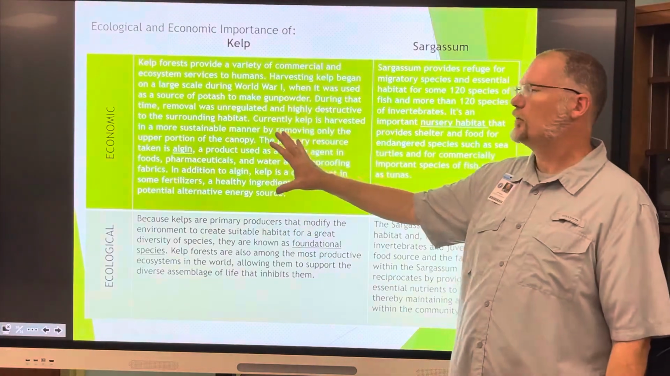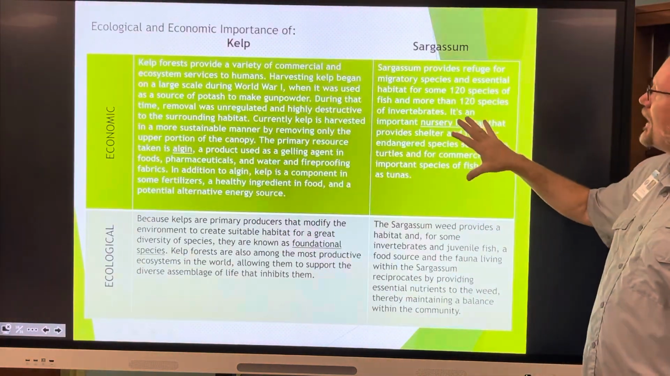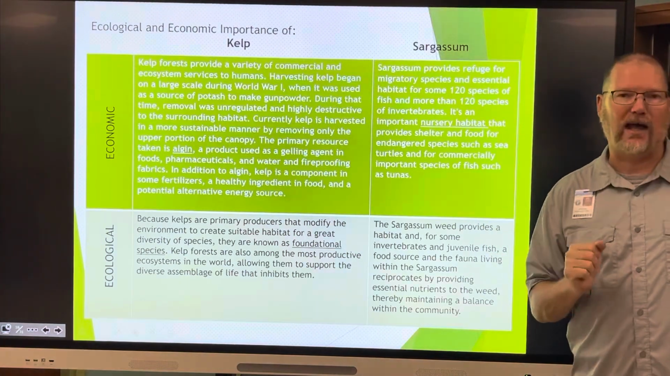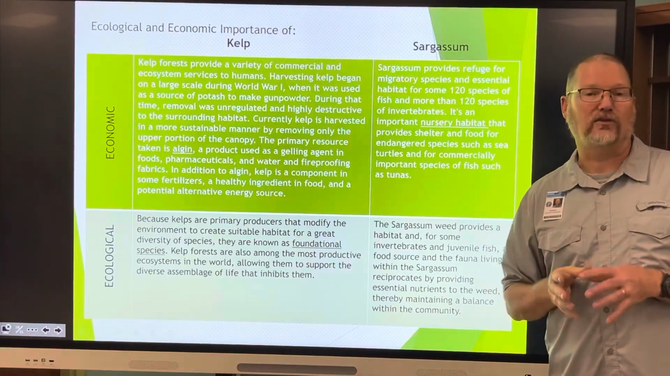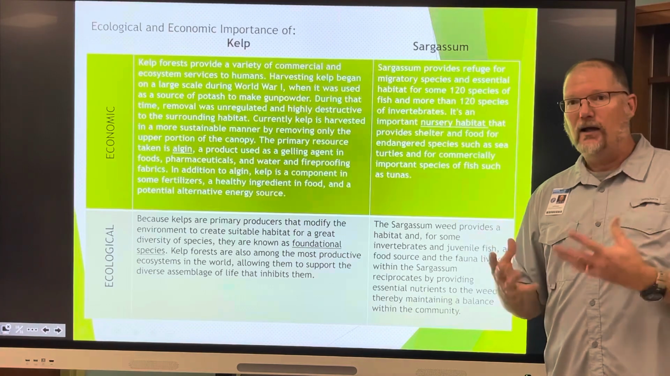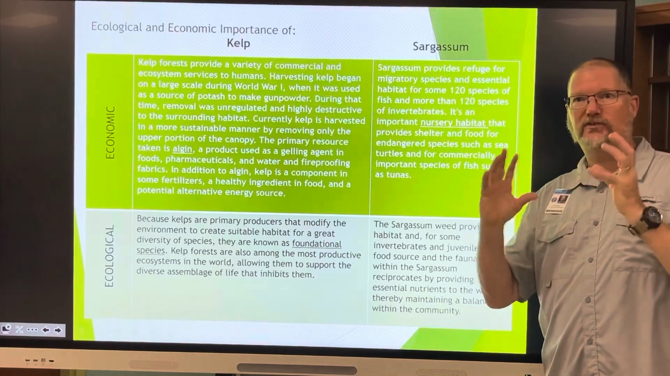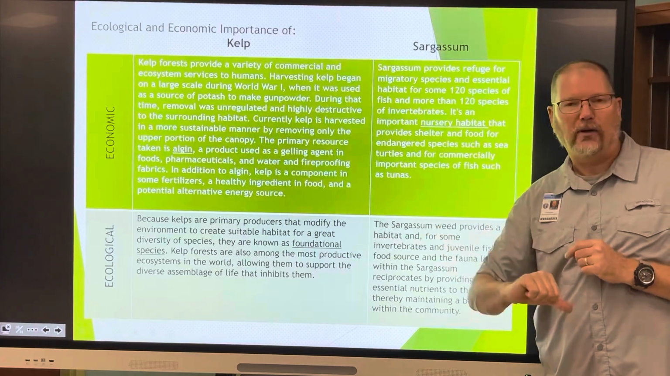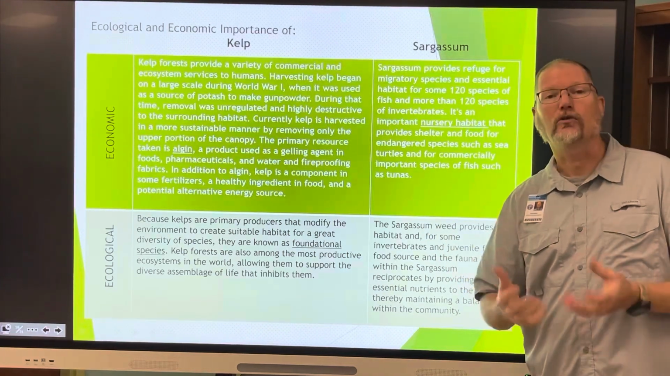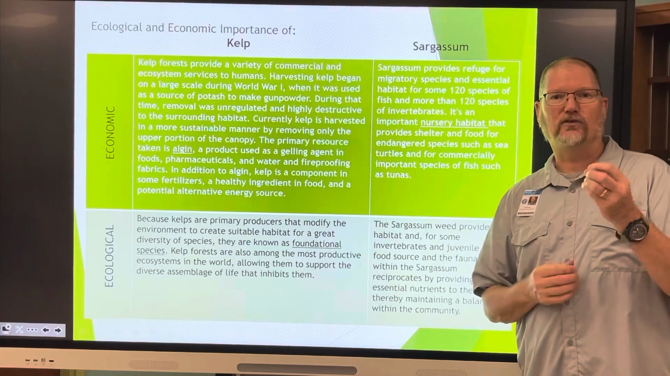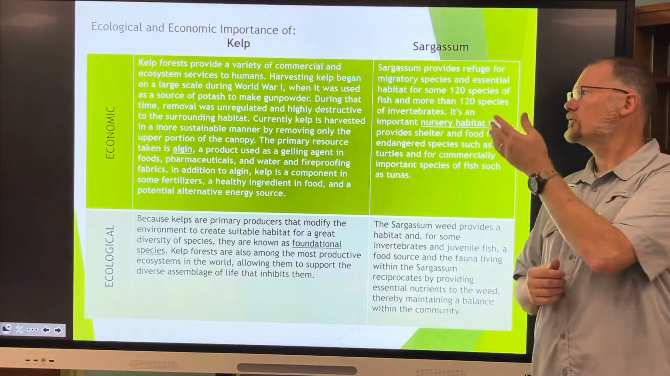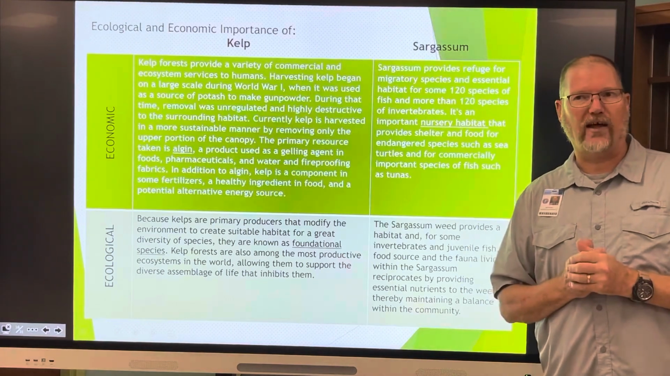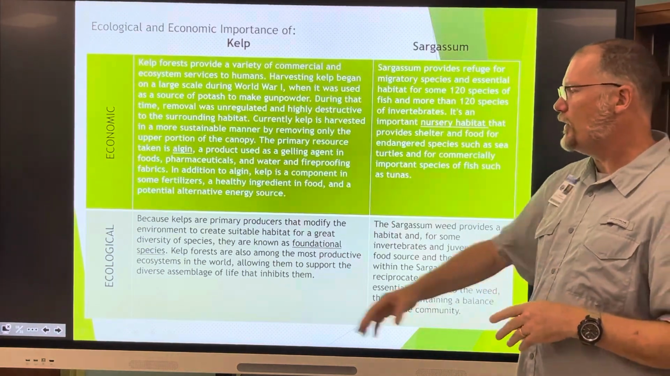That's the economic importance. For Sargassum, the economic importance is that it serves as a nursery habitat for the fishing industry. Yeah, if it wasn't for the Sargassum Sea, much of the fishing industry would plummet, and people would start to go hungry, i.e. starve, because we destroyed a valuable ecosystem, okay? And now ecologically,